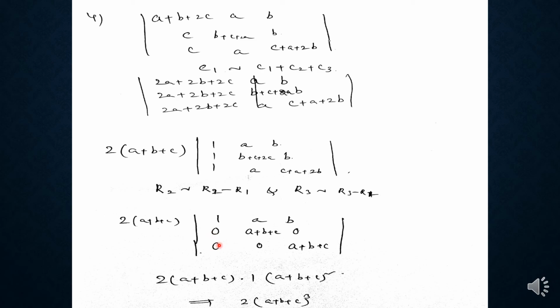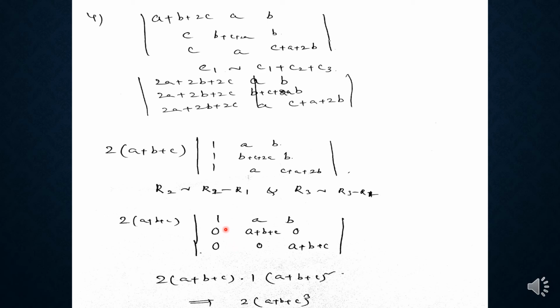So by using the Laplace expansion, what is the Laplace expansion? The determinant can be expanded by using Laplace expansion by taking any row or column. The sum of the products of the elements with their corresponding cofactors gives the determinant value. So here we can take the first column, because two zeros are there. So evaluating the determinant is very easy by taking this first column.